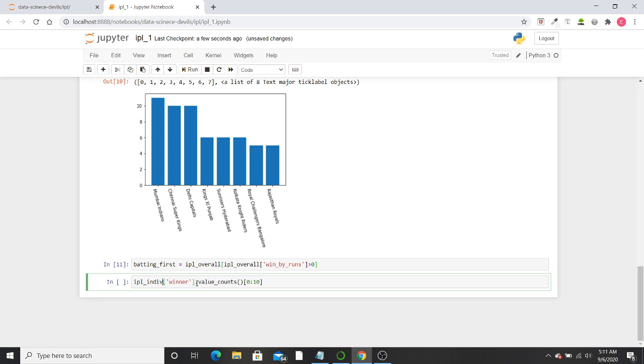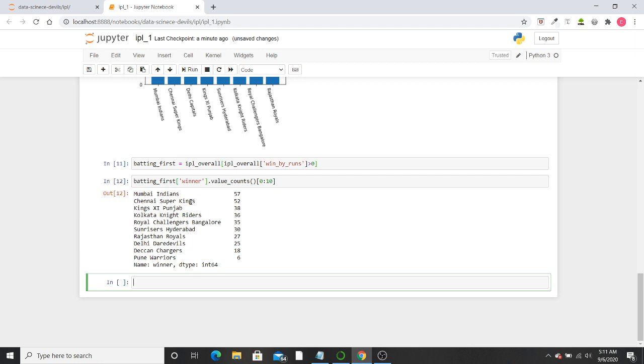But here my pandas object's name was different, that is batting underscore first. Shift enter. So here also Mumbai Indians is on top and CSK is second. That means MI is good in batting first. So what Mumbai Indians can learn from this project is that whenever they are winning the toss, they should choose to bat first.